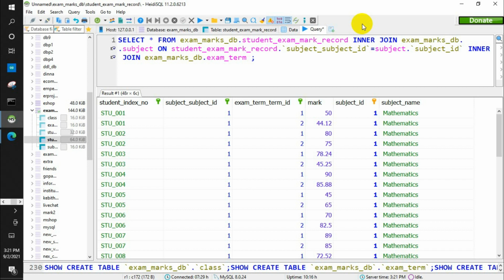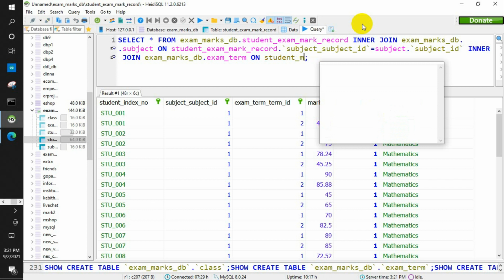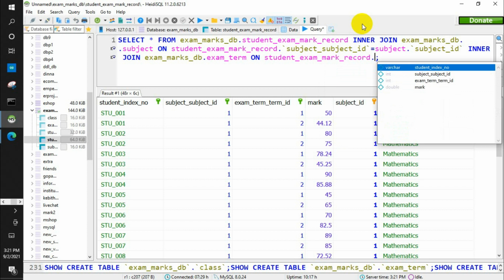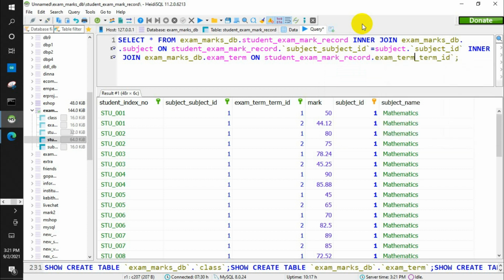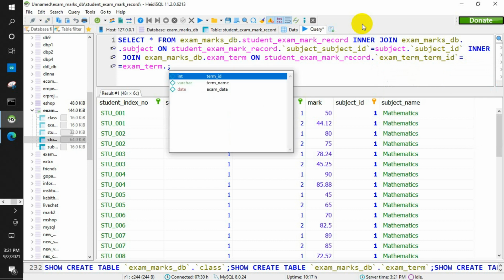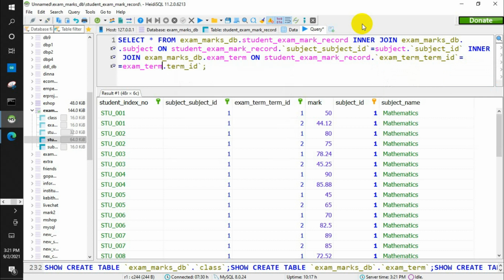And exam underscore marks underscore db dot exam term, and you have to mention the condition on student underscore exam underscore marks underscore record dot exam underscore term underscore ID should be equal to the term ID of the exam term table.